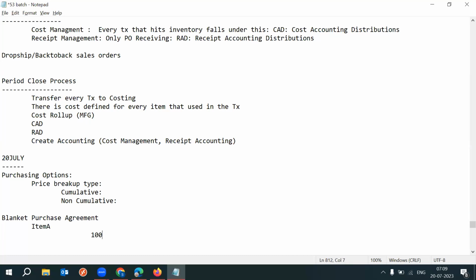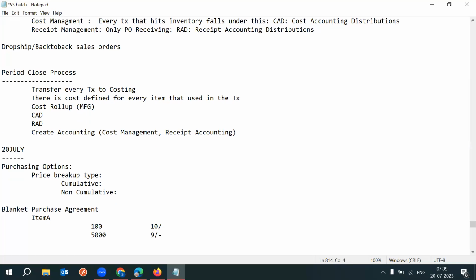If I buy 100 quantity, what is your price? Suppose if I buy 5,000 quantity, what is your price? If I buy 25,000 quantity, what is the price? In case of bulk purchases,